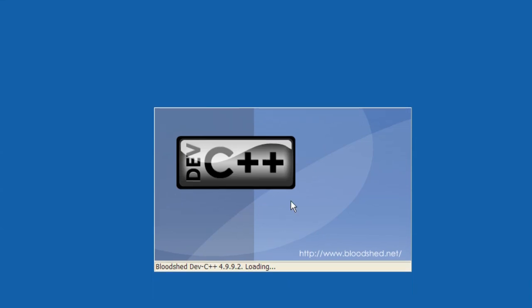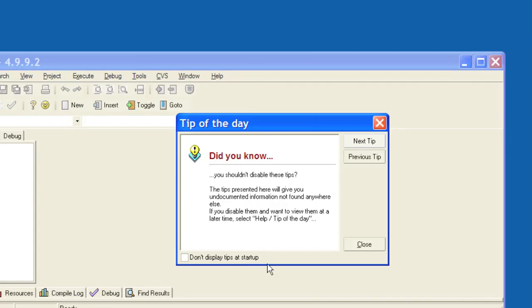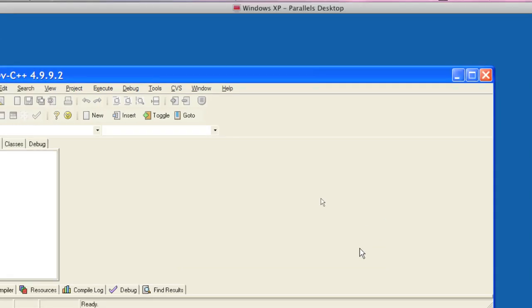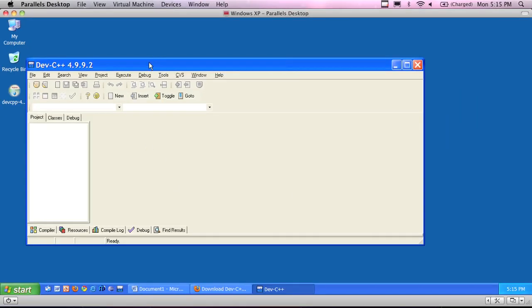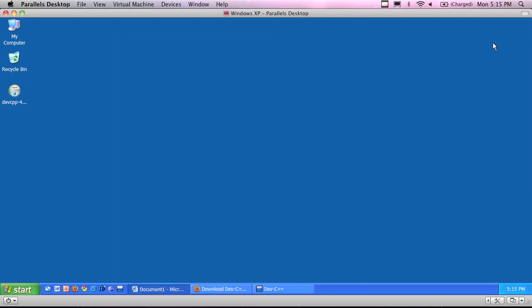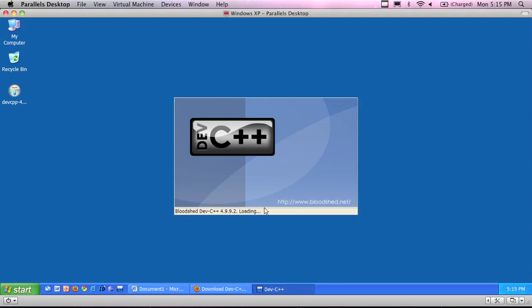This back is a splash screen for the program. It says it's loading. First time it loads, it actually takes a few more minutes. I'm not going to display these tooltips or these helpful hints. So let me back out a little bit so you can kind of see what you get. I'll do this one more time so you can see. When you click on this Bloodshed icon down here, you're going to get this little splash screen for a few